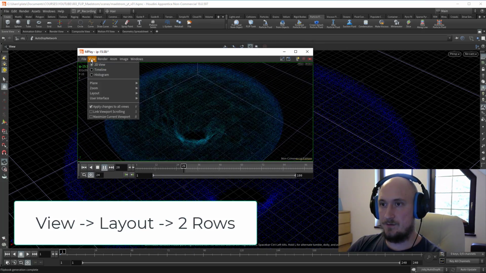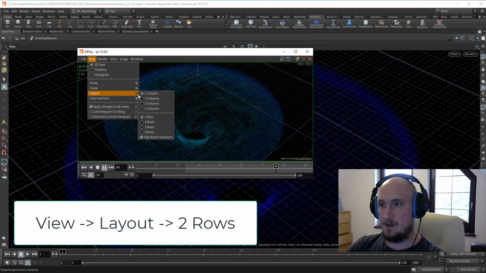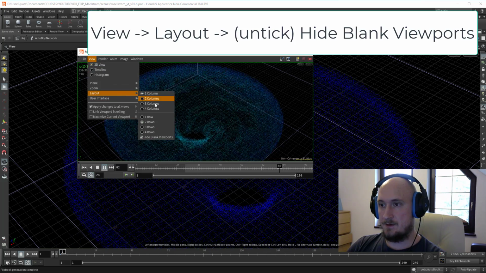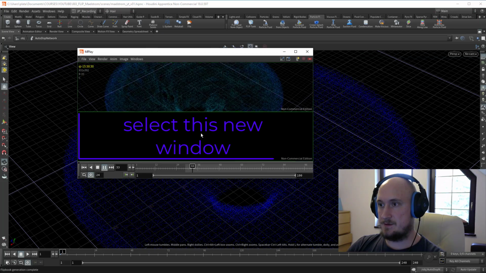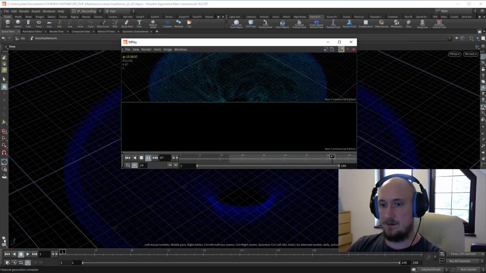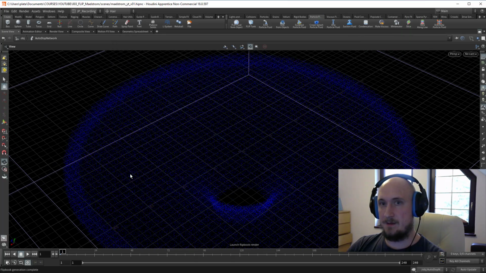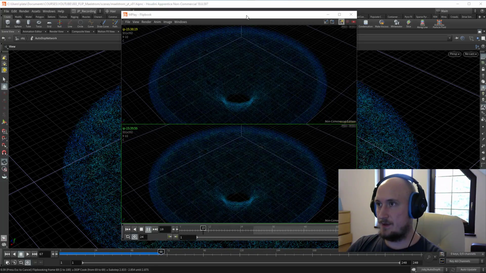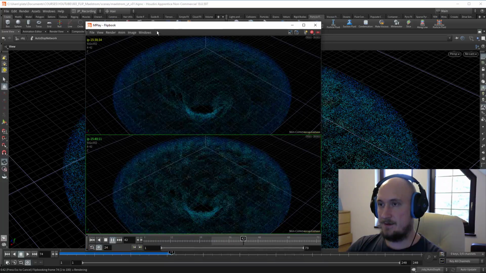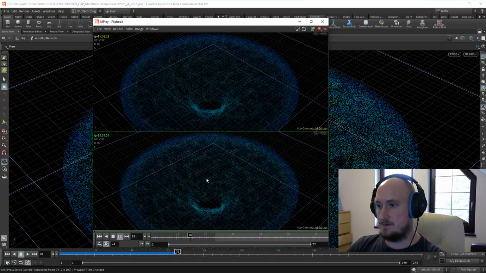And I will do view layout 2 rows, and again view layout hide blank viewports, and when this guy is selected, press this guy and do another play blast, and this way you can compare two play blasts on the same and play. So as you can see,